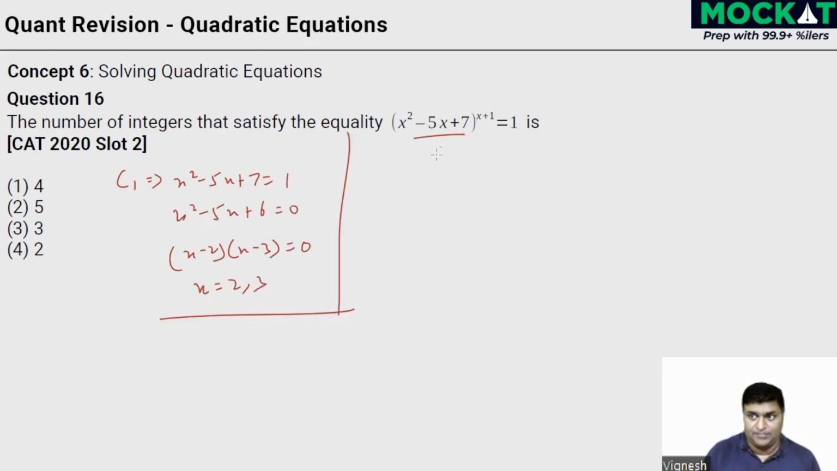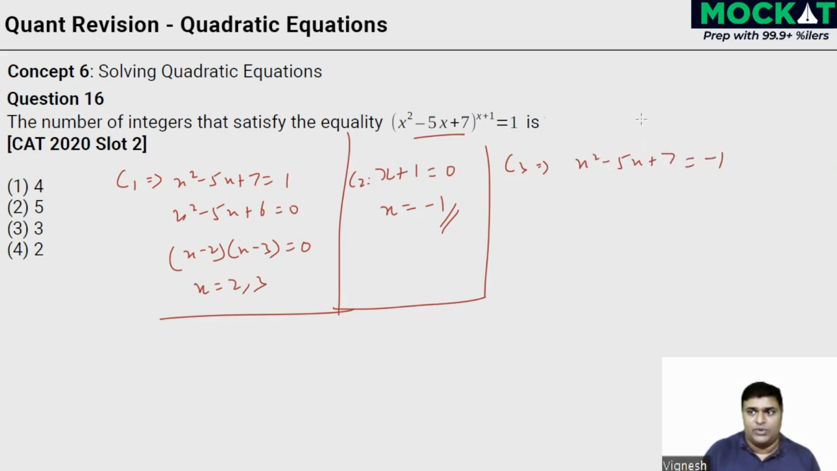So 2 and 3. Next, what if the power is going to be 0? That is case 2, which is x plus 1 equals 0. Then x equals minus 1, right? So that's another one. We've identified another one. Now, what about the third one, which is the base is equal to minus 1, case 3, right? X square minus 5x plus 7 equals minus 1, where the power is